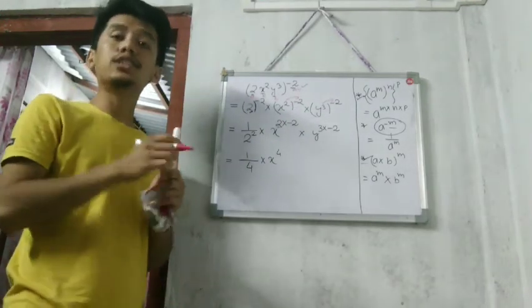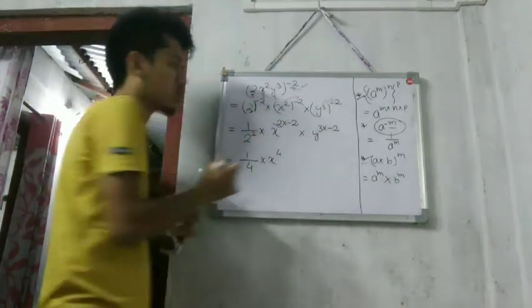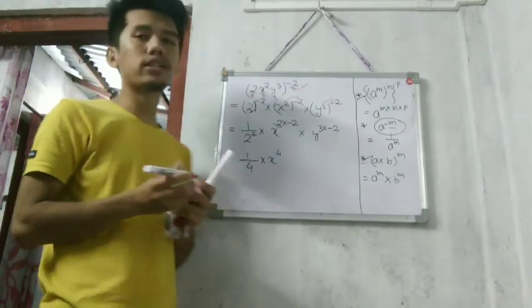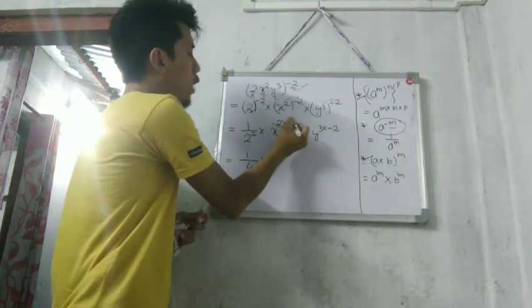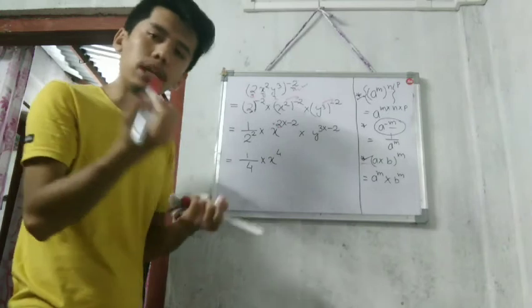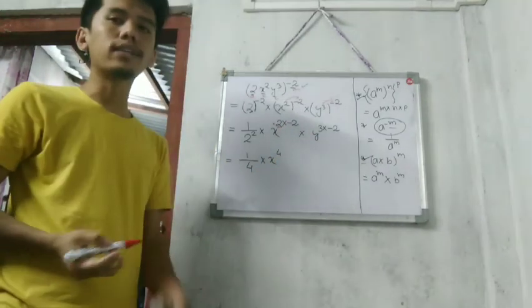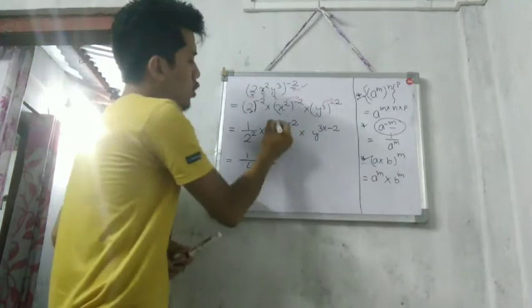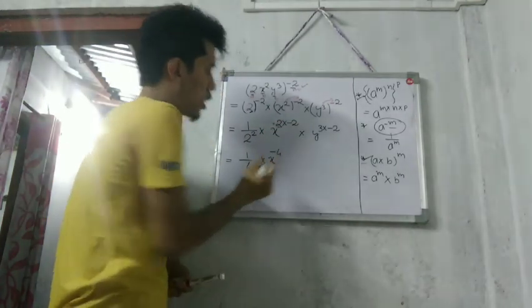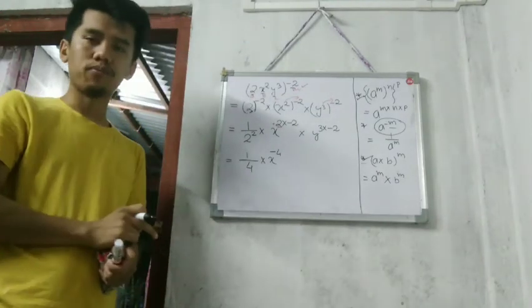If the sign is not given, we have to assume that there is a plus sign. It means the plus sign is hidden. So we have plus 2 and here minus 2. We multiply the numbers 2 and 2, which gives 2 to the 4. Now multiply the signs also. Here is plus, here is minus sign. So plus and minus gives minus. So it will be x to the power minus 4.